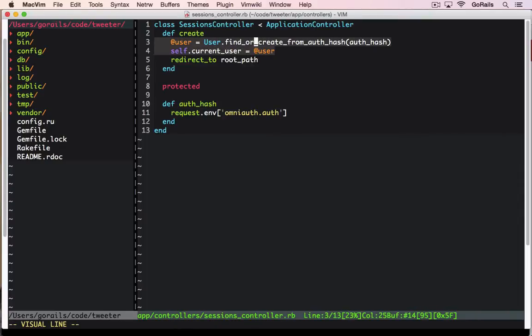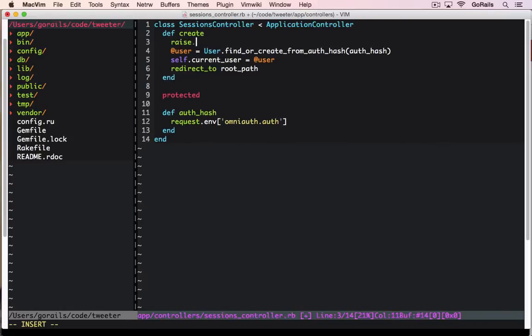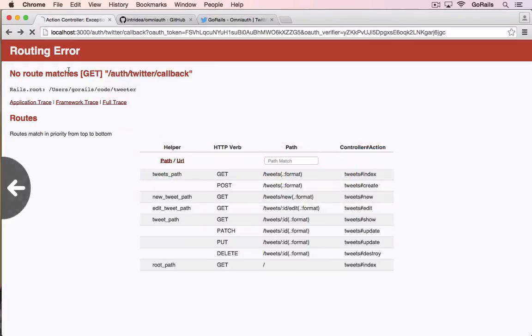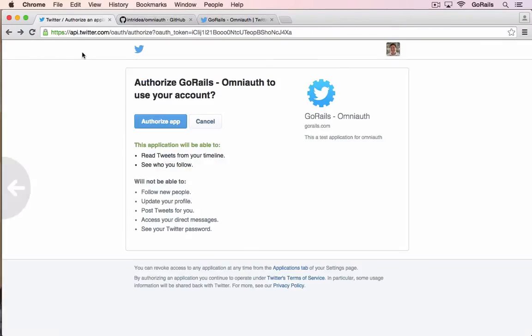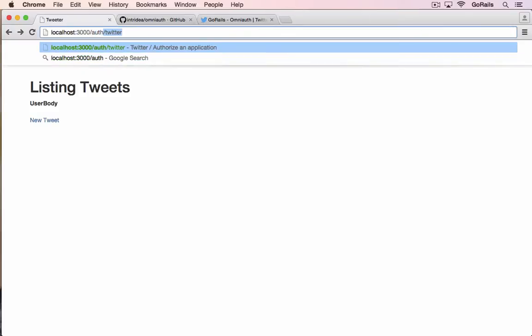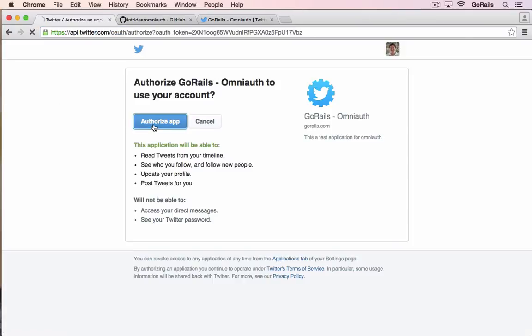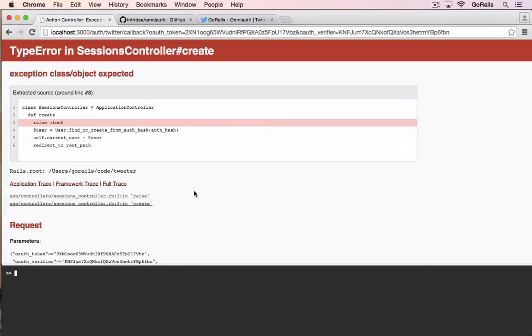And then let's actually talk about creating this user. So we need to create the user model in our application, and we need to do a handful of things there. But at first, let's just raise an error here so that we can see what is going on in our response using the interactive console in the browser. So let's come back here, and we'll go back to our application. We'll redirect ourselves to Twitter again. We'll authorize the app. And when it comes back here, we get the exception raised as we expected,